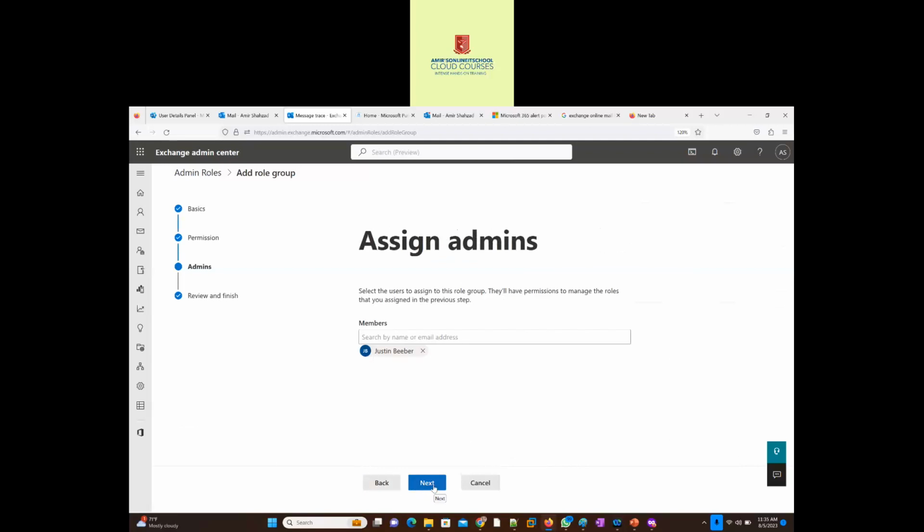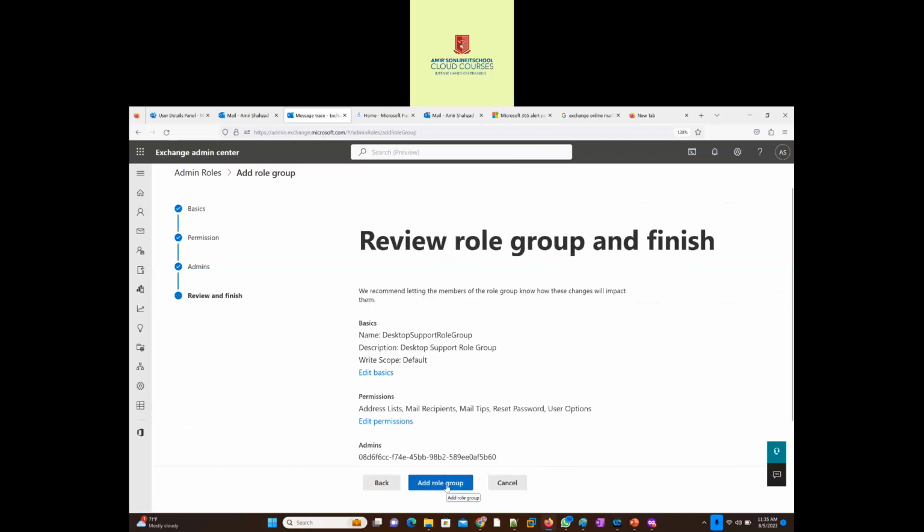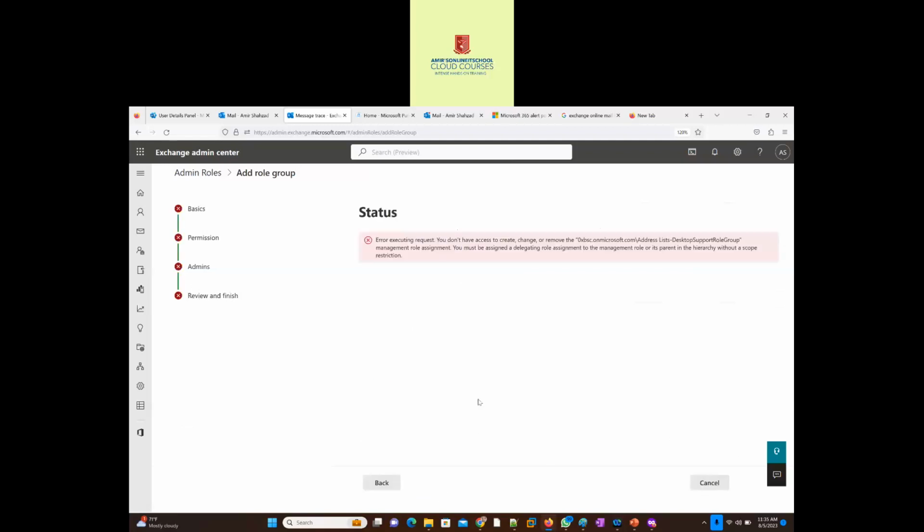Next. It's not case sensitive. Add role group with just some permissions. Permissions are address list, mail recipients, mail tips, reset password, user options. I just went random. Otherwise, oh, you don't have access to create, change, or remove address list, help desk, support role group, management role assignment. You must be assigned a delegating role assignment to the management role or its parent in the